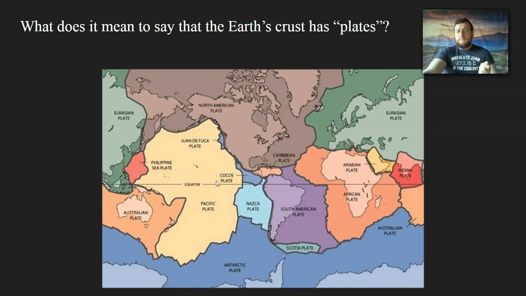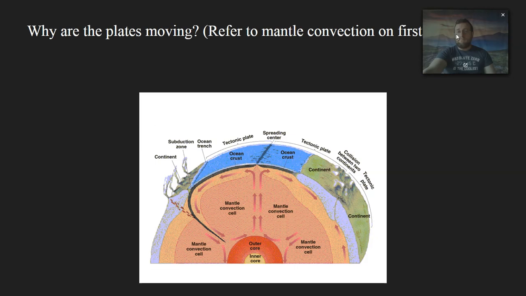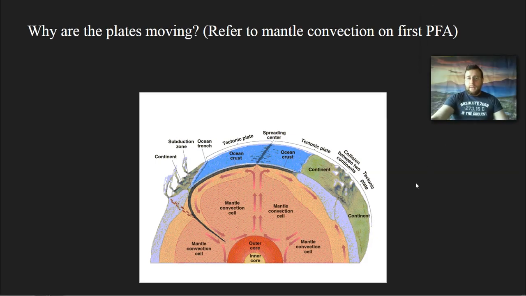So the plates are each of the separate pieces that make up the surface of the Earth. There's some big ones, there's some small ones, and that is very important for this topic because these pieces are moving. And they're moving because of the convection cells inside of the mantle of the Earth. We also talk about that in more detail in the Earth Materials and Systems